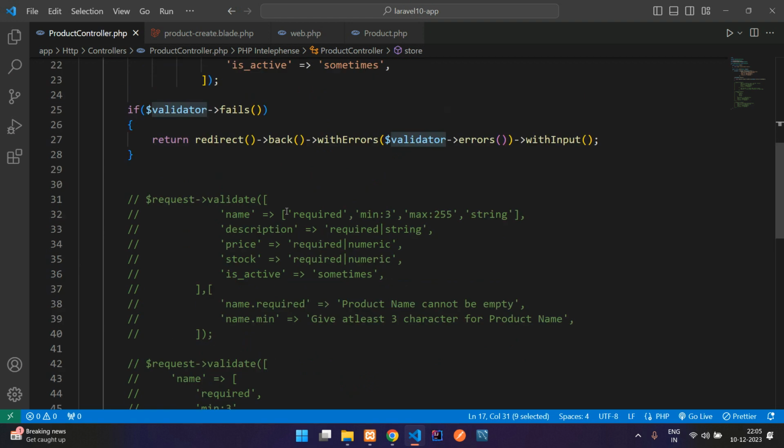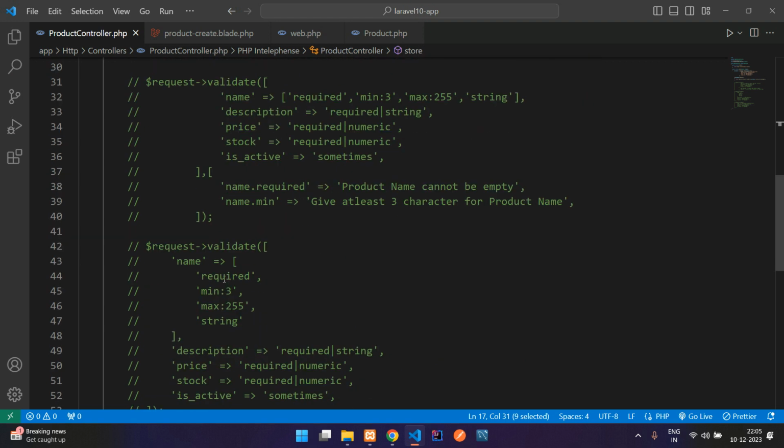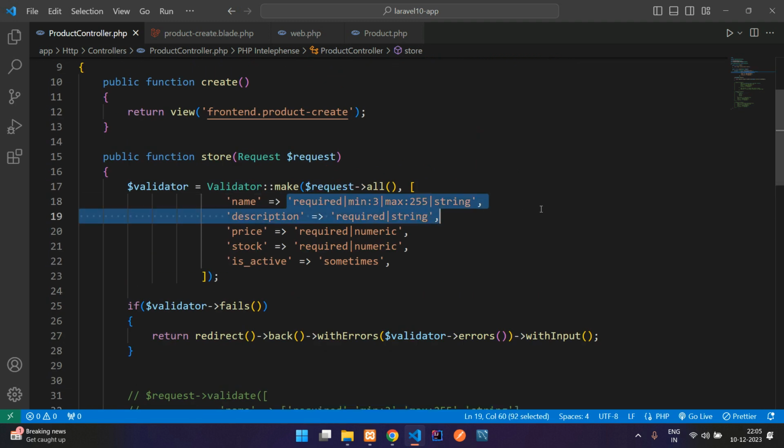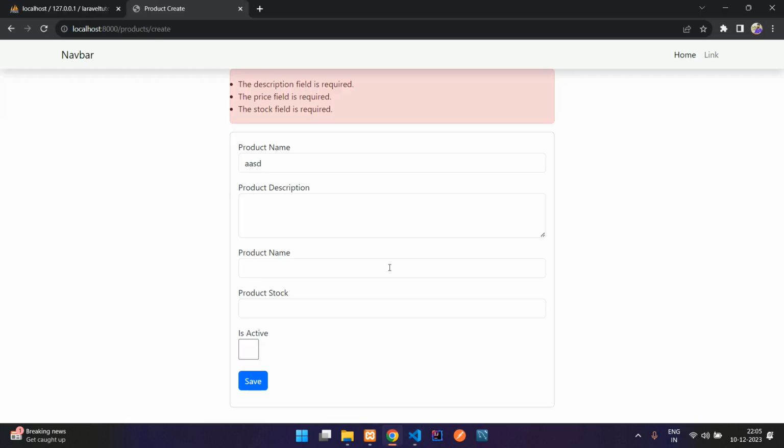So now guys, let's get back and do one more example inside this validator itself. As we have already seen how to set this in array format, you can utilize it. Let me just copy this and paste here. So you can use the same method. You don't have any difference and the output is going to be the same. Okay,